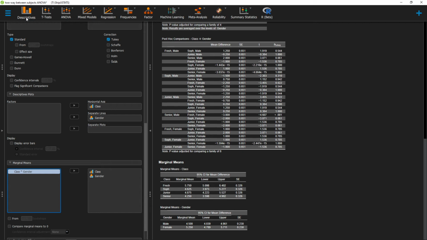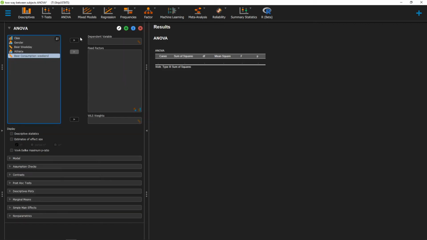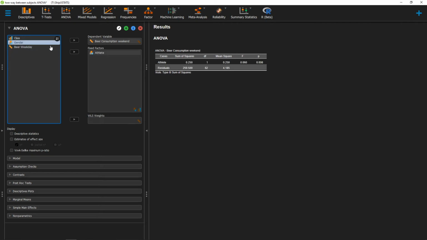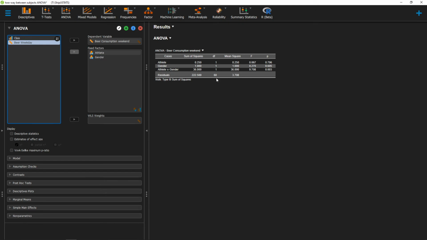All right, let's go ahead and move over to our other example. In our second example, we'll be looking at beer consumption on the weekend as our dependent variable, and participation in athletics and gender as our independent variables. Once we've moved those over, we'll have our ANOVA table over here, and in this particular situation, we only have one significant F value, and that's the F value for our interaction. This means that we won't be looking at individual differences between whether or not someone participates in athletics or in gender, but we will be looking for individual differences amongst both of them at the same time, or the interaction